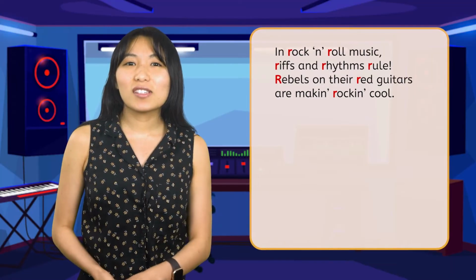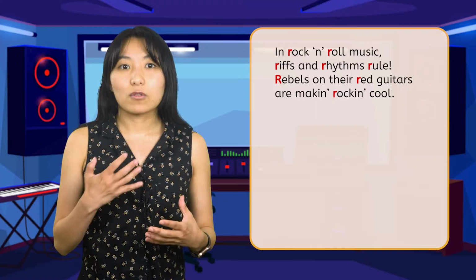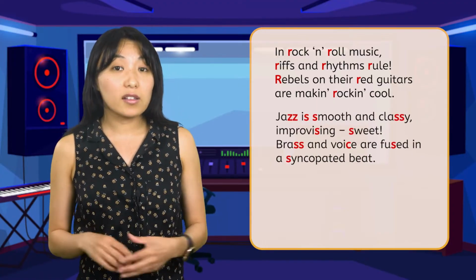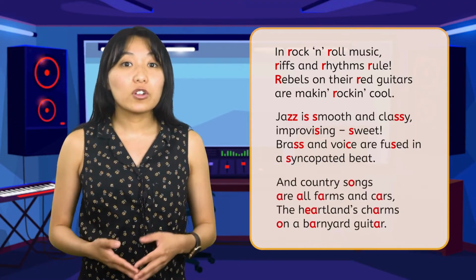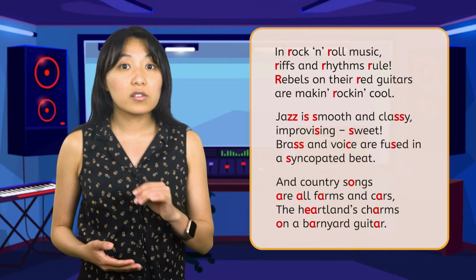Mixmaster Mia's been reviewing her music genres, I see. In the first stanza, I noticed a lot of words started with an r sound. Rock, rhythm, rebels. In the second, I heard s and z consonant sounds as I read jazz, classy, voice. And in the third, most of the vowel sounds were ah. Farms, songs, all. Like the DJ she was apparently born to be, Mia has used 3 unique sound devices in